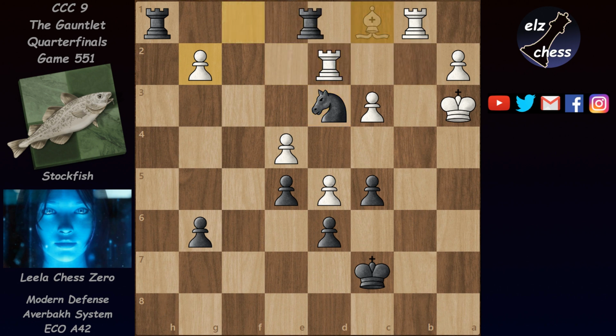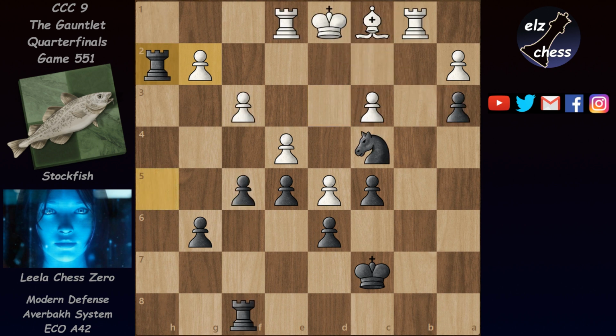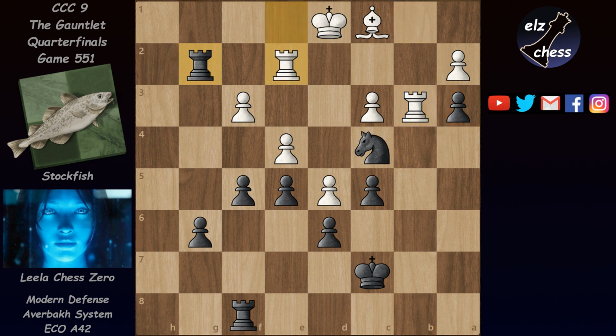After something like rook d2, black can just take the bishop and be a piece up. So this is no good. So after rook h2, instead of trying to defend this pawn on g2, Stockfish played here rook b3, which I'm not sure what it does really, but the game continued with rook takes here, rook e2, and now rook g1